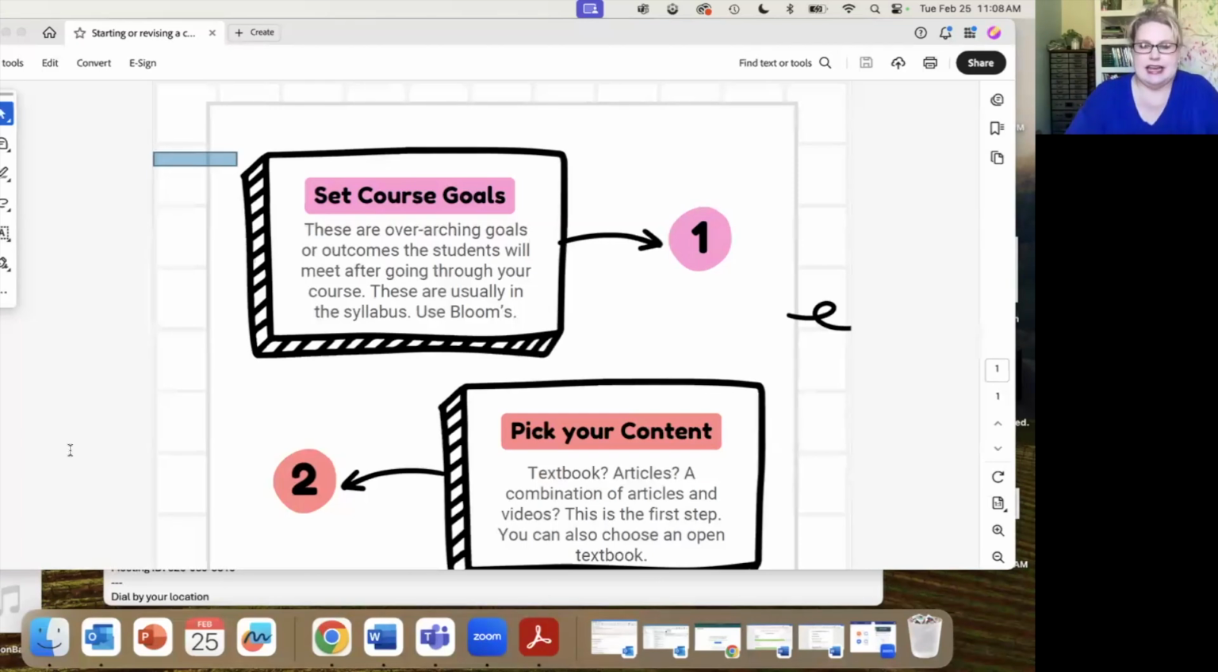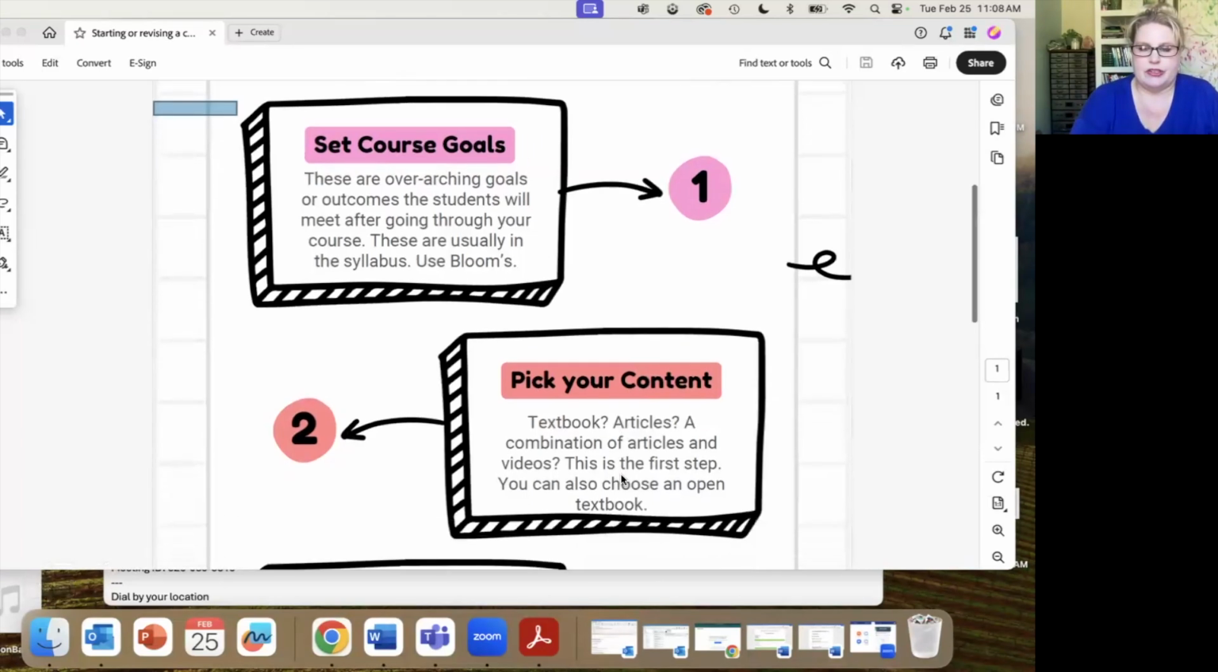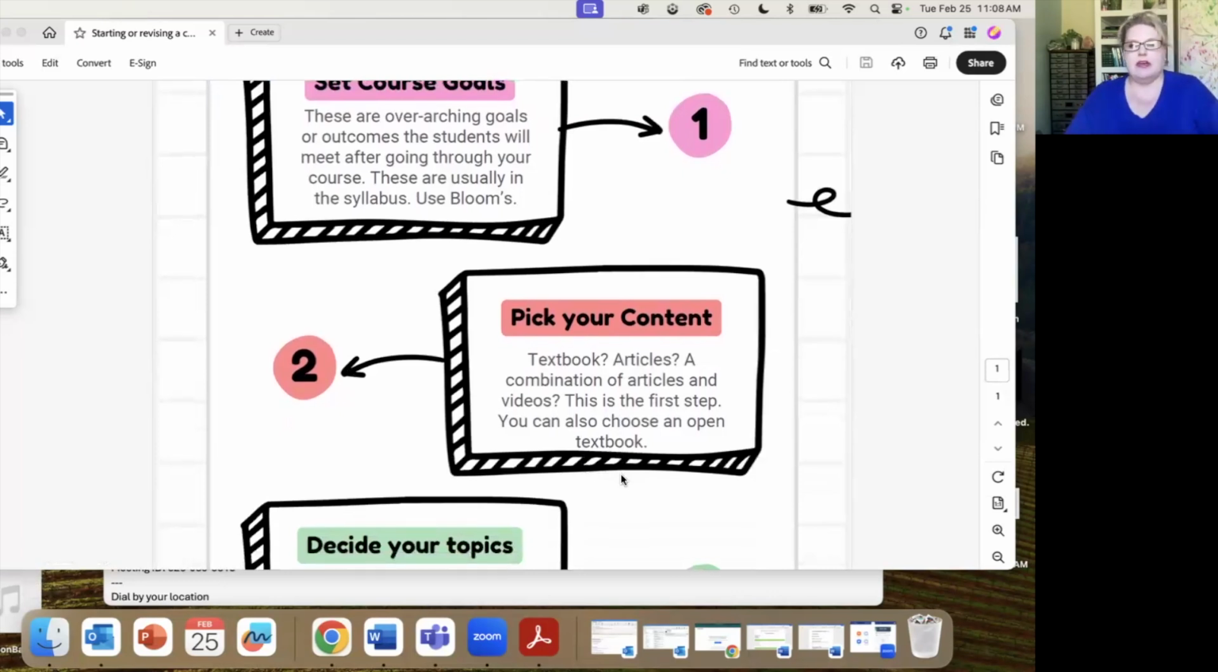Okay, so the next step, I need to revise this number 2. The next step, picking your content. So what are you going to have your students learn from? Keep in mind the cost of textbooks, if that's something that concerns you, or if there is the one book that students use in your particular subject area, then that's the one obviously you use. Or are you going to